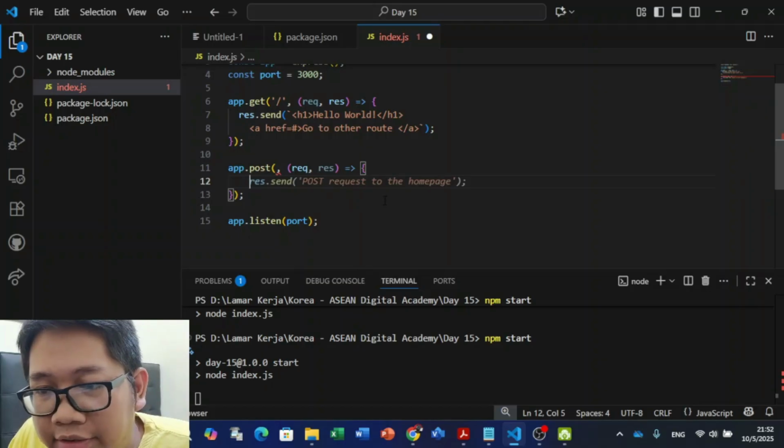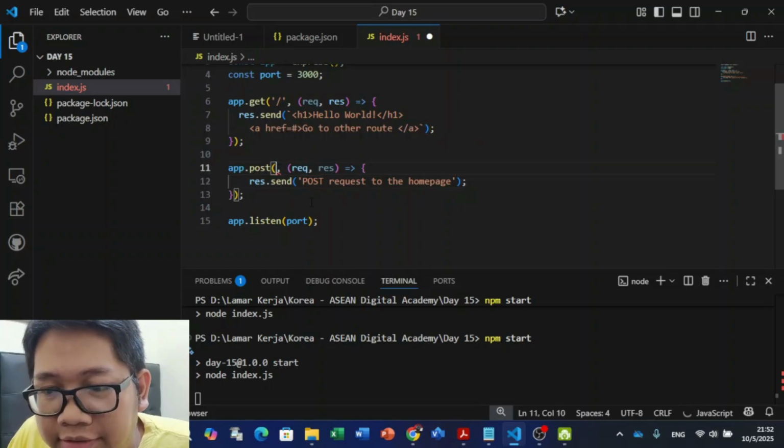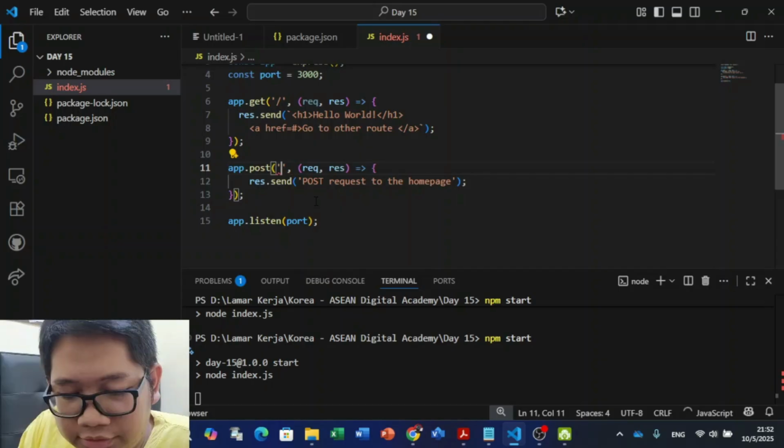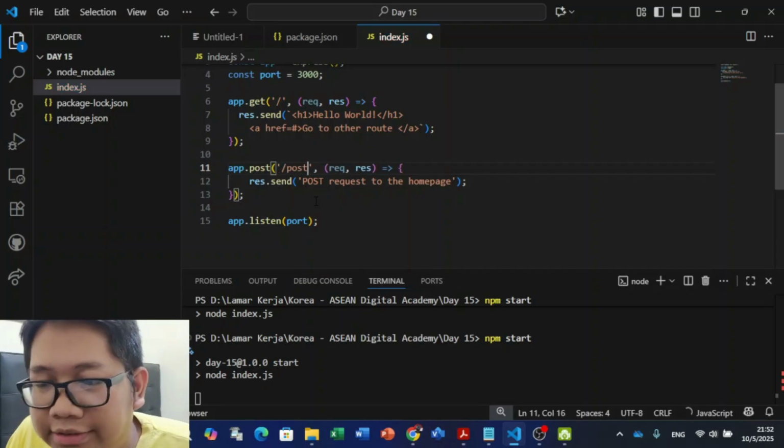And we can use res.send post request, and we need to specify the path. I think using /post is good enough.